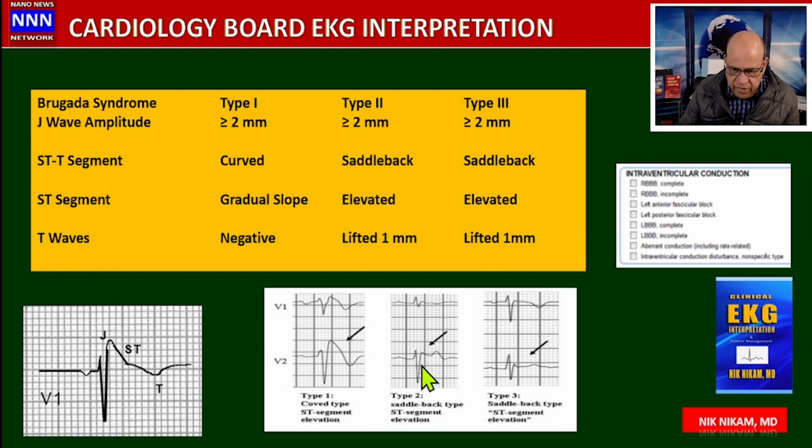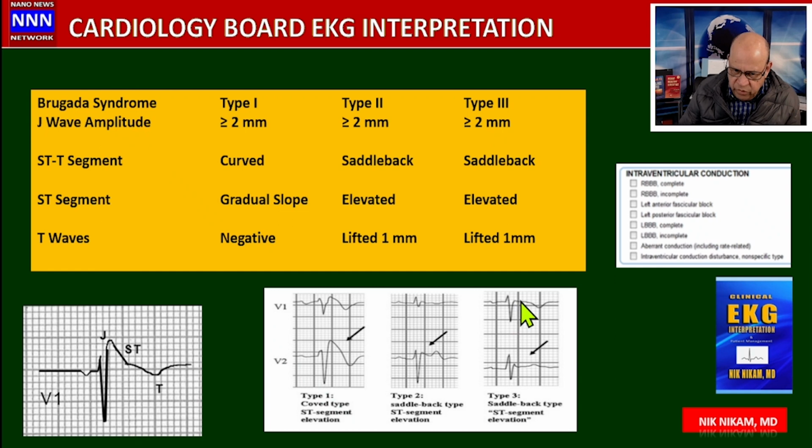Type 2, we see a saddle back type of ST segment. This is a downsloping ST segment. This is the saddle back type 2. ST segment elevation is there, but it is less obvious compared to type 2. And also the T waves more or less appear to be lifted 1 millimeter from the baseline. Sorry, the saddle back type of ST segment and a T wave inversion, and this is more obvious, whereas this